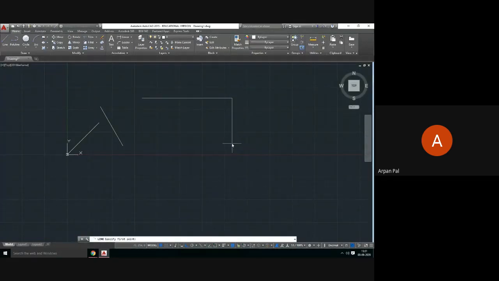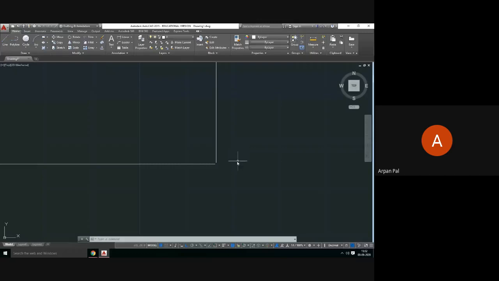Okay. Visually, you can see that this is quite joined. On my screen, it is showing the line has been drawn from this end point. But the problem is if you zoom around it, it is not joined.